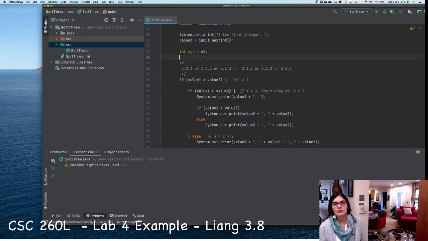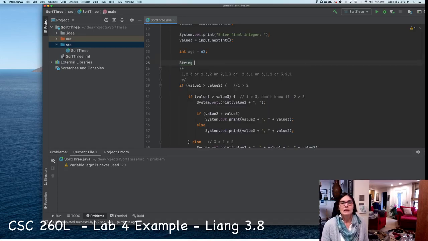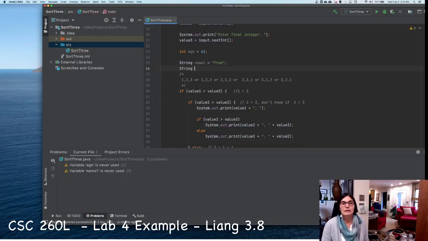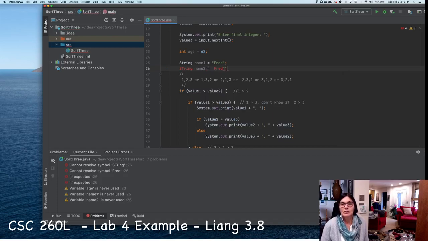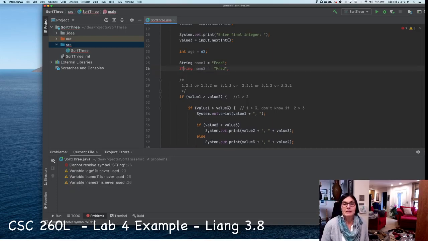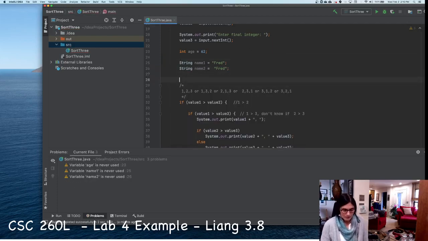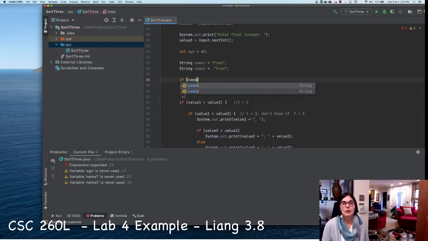The last thing I wanted to show is strings. So let's do String name1 is equal to Fred, and String name2 is equal to Fred. I'll show you the difference here, and you're not going to get an error. So if name1 double equals name2,